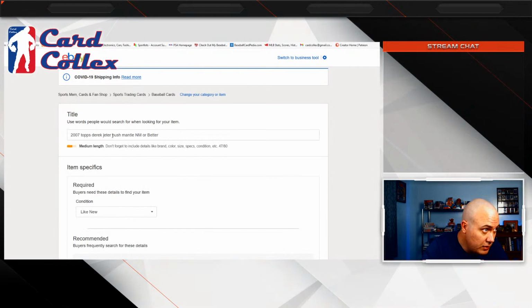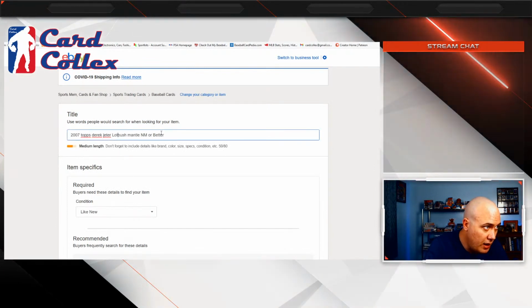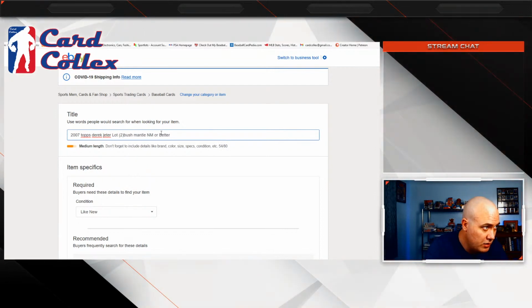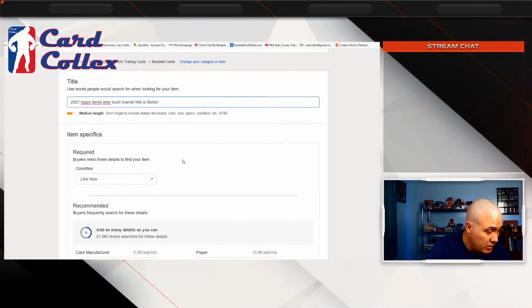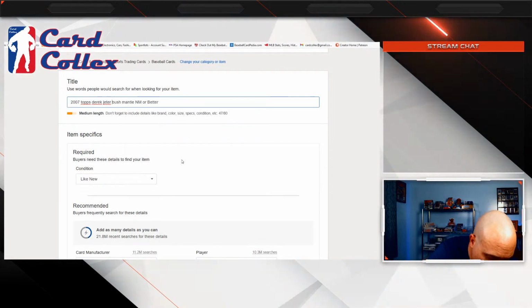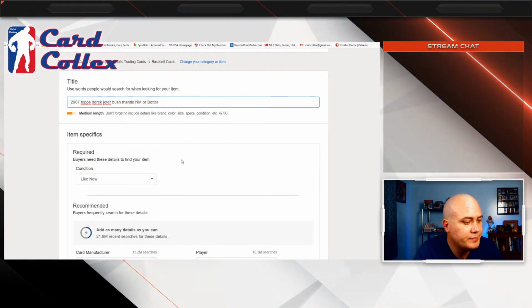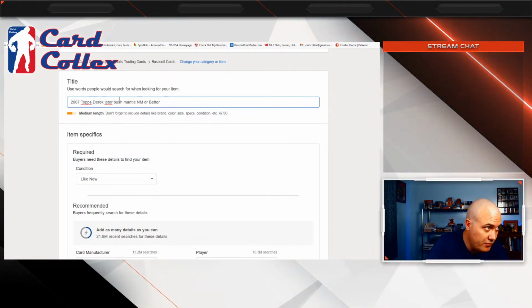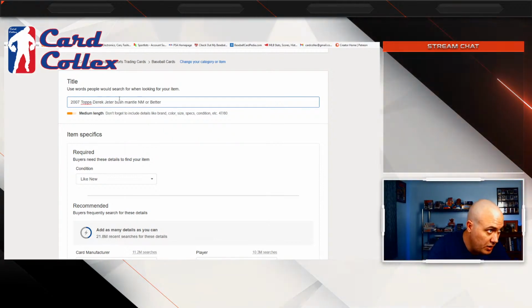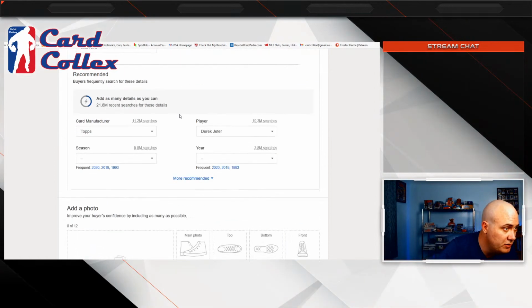Let's see. I don't know if I want to create a lot for these. I'm just going to leave them and do one at a time. They're in pretty good shape. I don't know, they're 8s. So that said, when I decide to put them up for sale, they might bring $20 a piece. They should really, but we'll see.